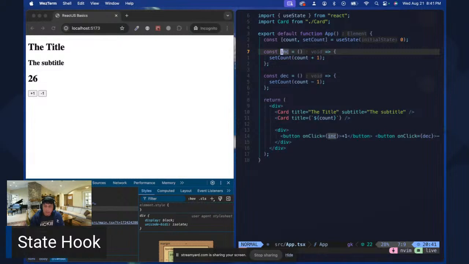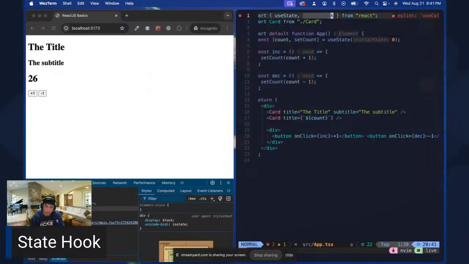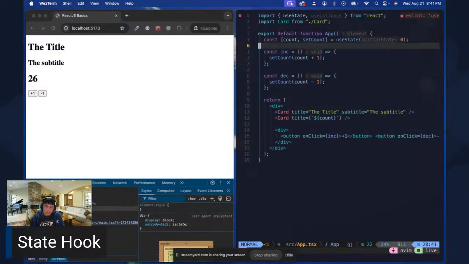Okay, so let me go ahead and introduce you to another React hook, which is useCallback. So what is useCallback? useCallback is used so that your application is more performant. So how does that happen? As you can see here,